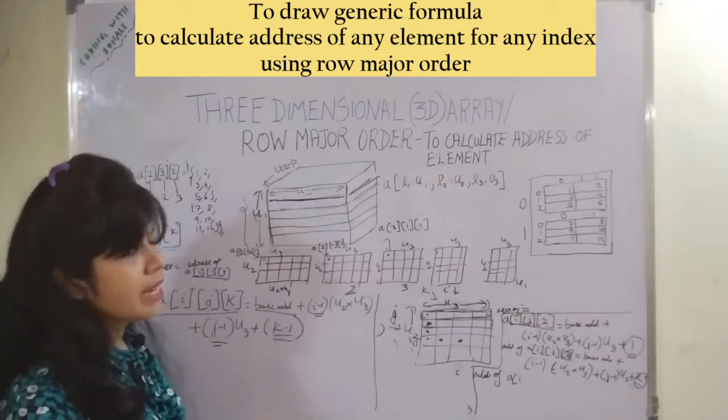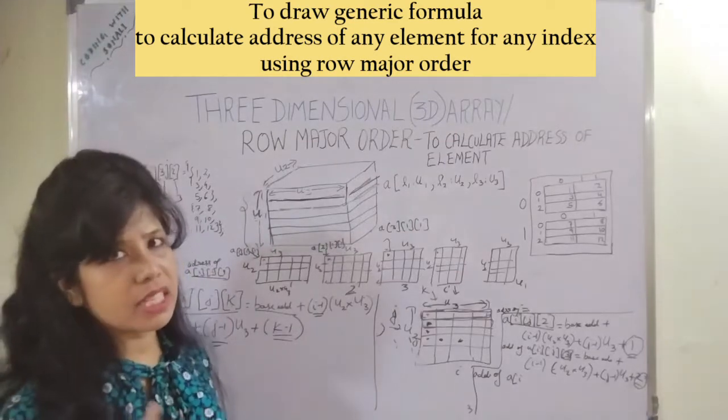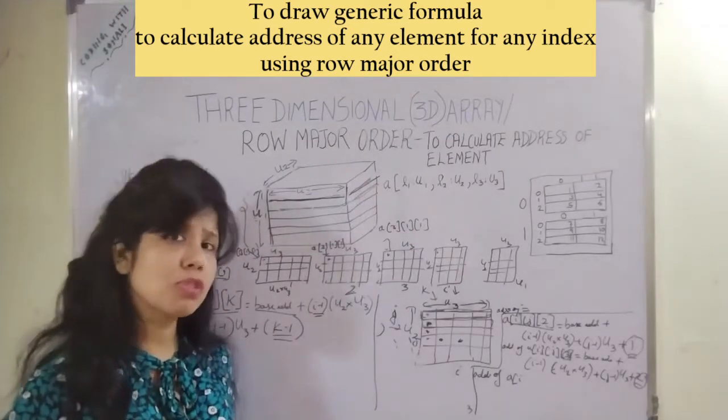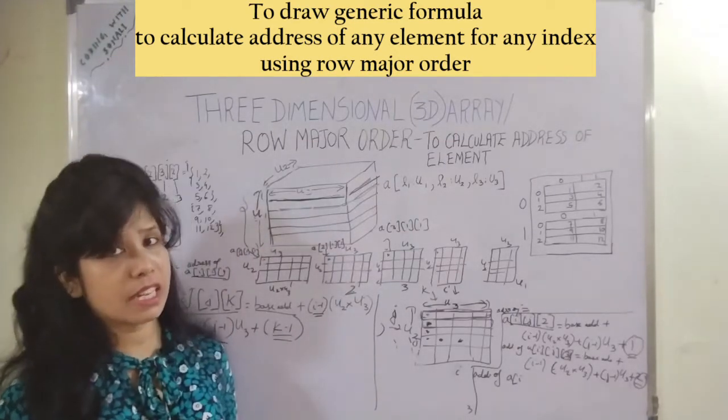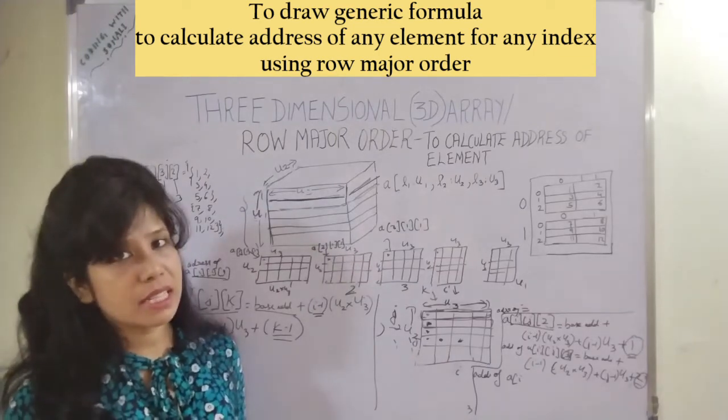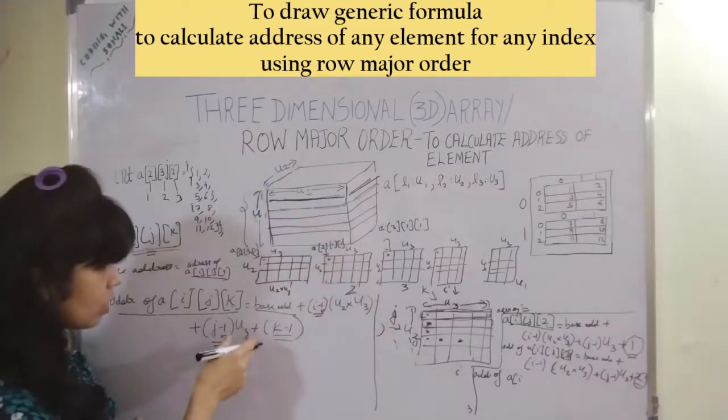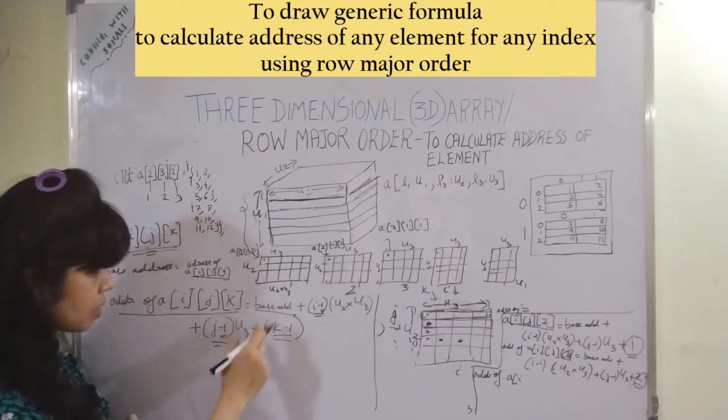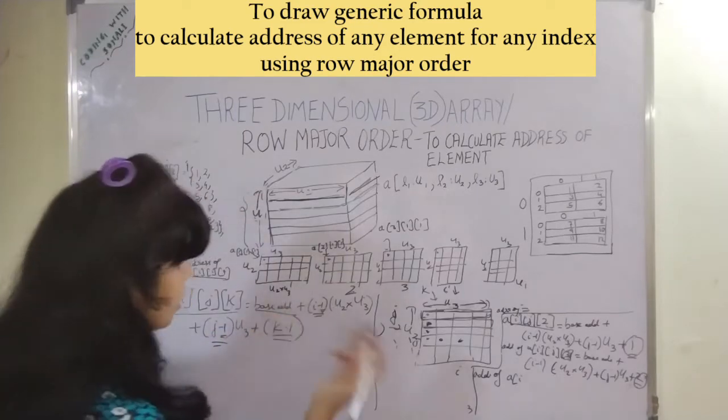So what will be the case if the index changes? If the index is not 1, if the index is, suppose, 0, if the indexing is starting from 2, if the indexing is starting from 3. So finally we got the formula in this manner. But now if you see the formula, you can tally actually.